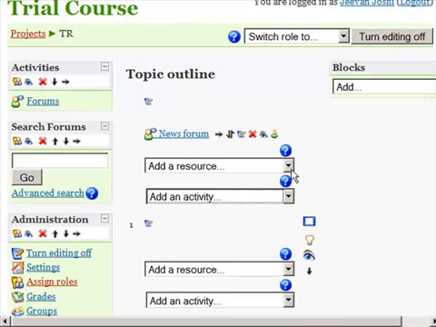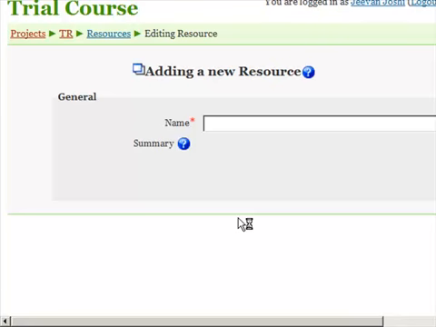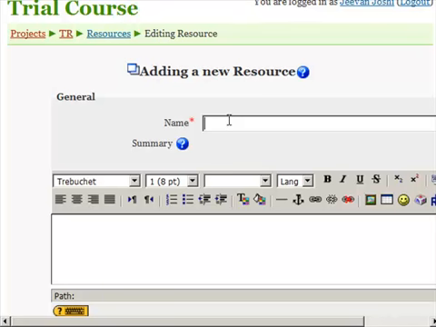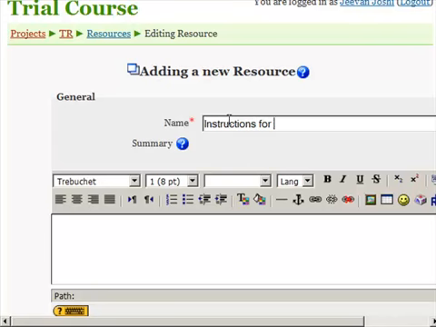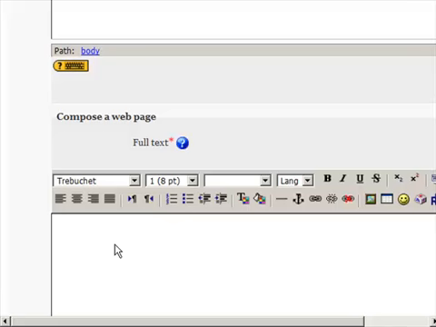And the way to do that, for example, is I'm going to create a web page. So I click that, and it'll bring up the screen. I can put the name of the web page. For example, I could put instructions for process, and then there is a summary which I don't really need to fill in, but the one where the text is, compose web page, and this is where I can add the text. So for example, open the car hood,